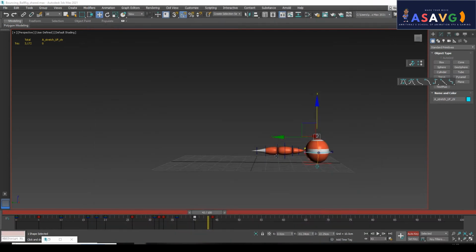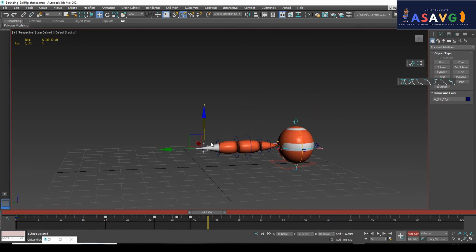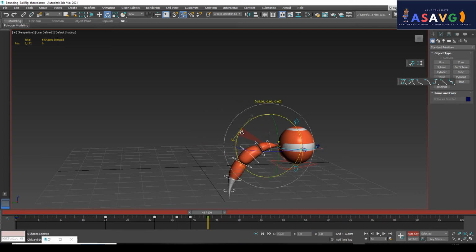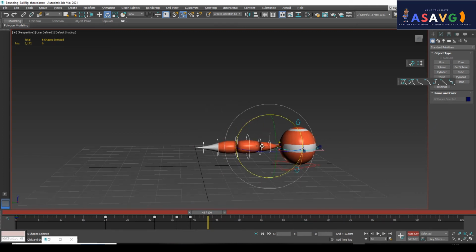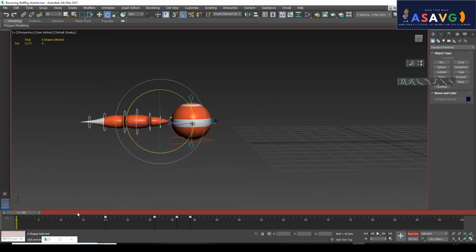So the main part, the main thing in today's class, is the tail animation. We already taught this in the previous class. So the tail animation we are going to adjust like this. Okay, first of all the keyframes should be keyed, and you can see some keys over here like this.